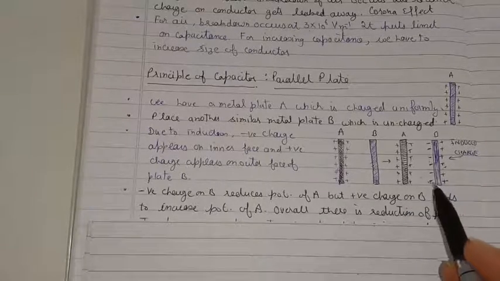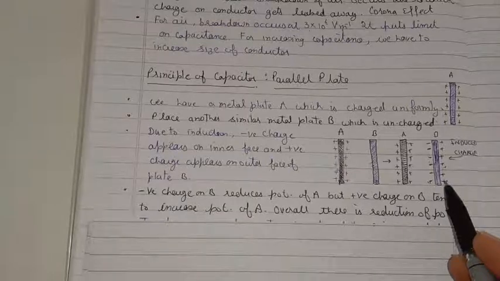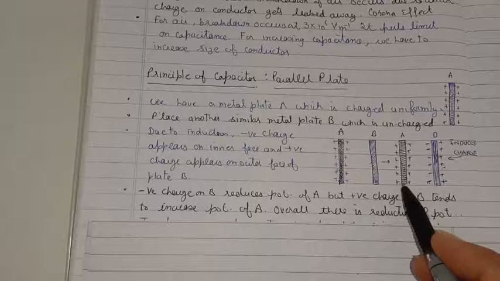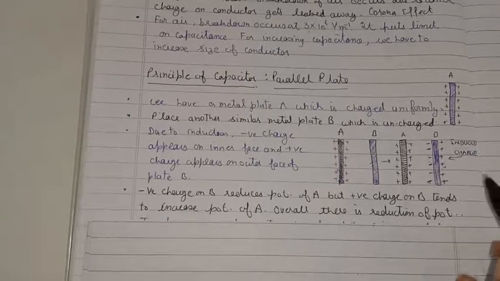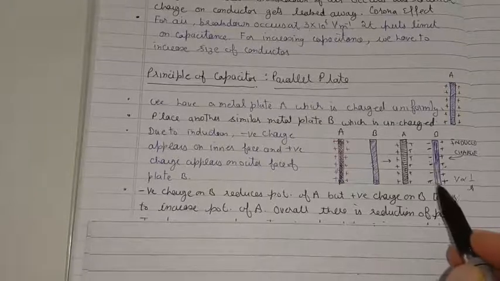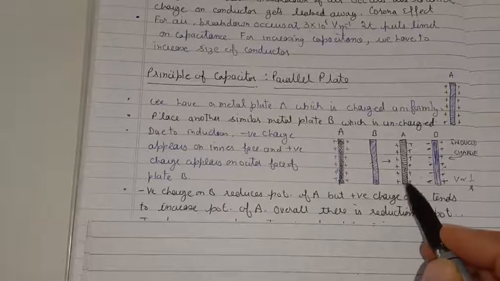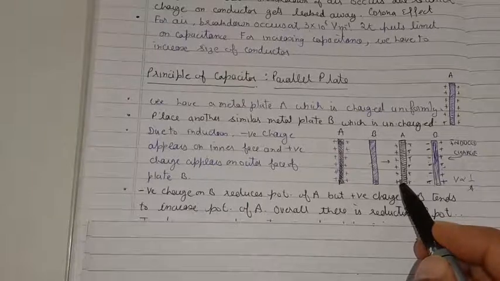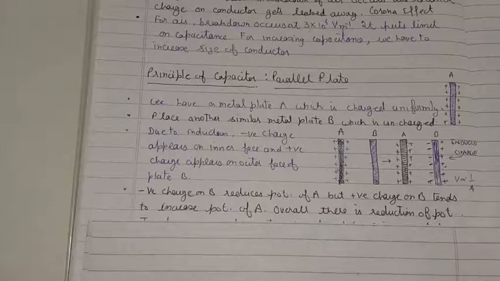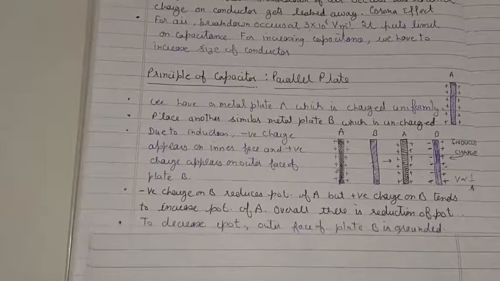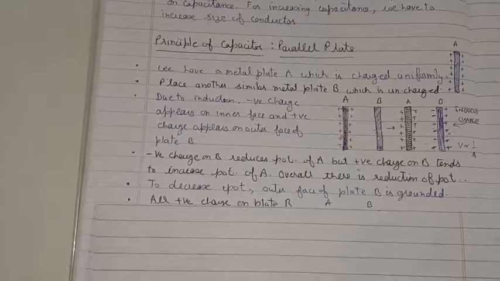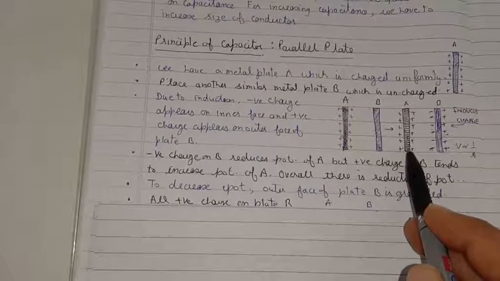Reason: although the induced negative and positive charges are equal in amount, the negative charge is much closer to plate A. Because potential is inversely proportional to distance, the negative charge is able to cause a reduction in the potential of plate A larger than the increase caused by the induced positive charge. So there is an overall reduction in potential, but this reduction is very small in magnitude, due to which when potential decreases,